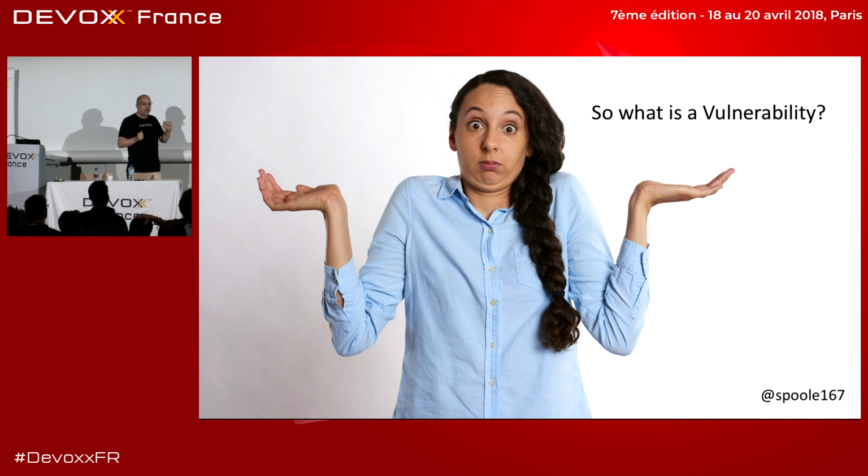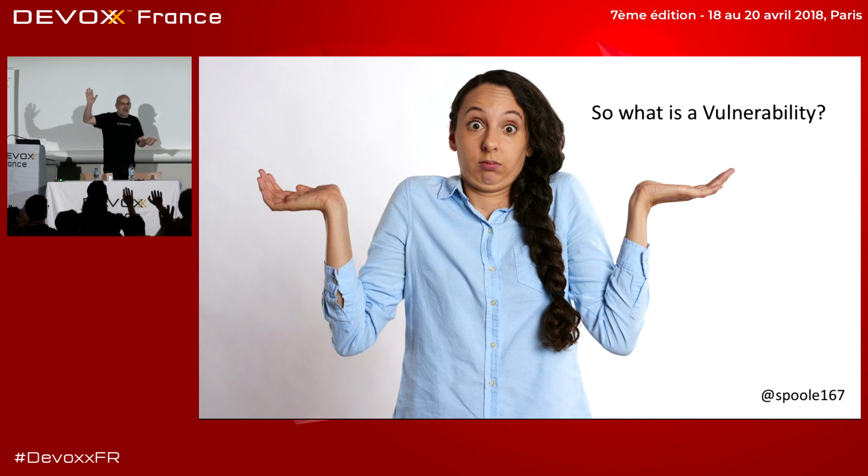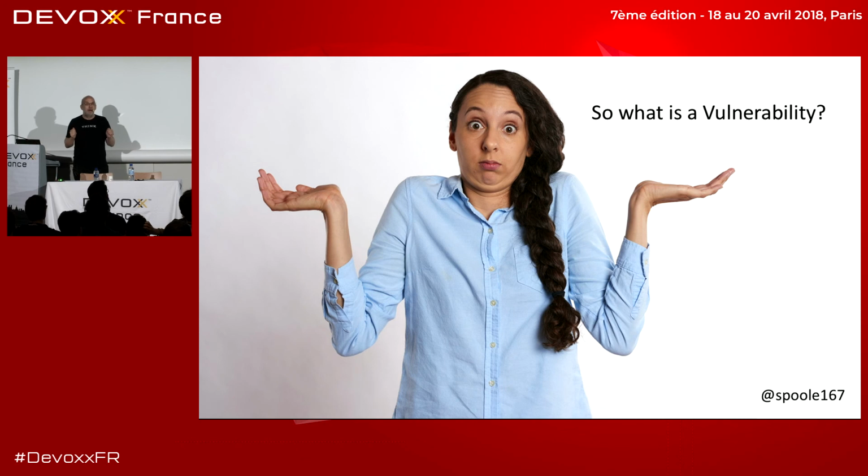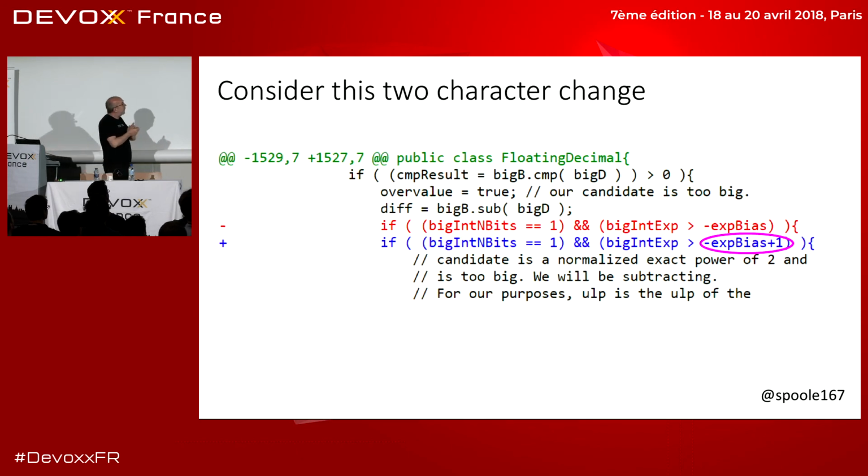So I'm going to start with what is a vulnerability? How many people have heard of the word vulnerability? Yes. How many of you know what they are? Oh, cool, good. I was hoping a lot more. Okay, so let's start with some code. Java vulnerability, really? This is a GitHub diff. It's in some code that does parsing of doubles. You can see the minus and plus, and it's just a 2-character change. That 2-character change solved a very large problem. So let me talk about it.